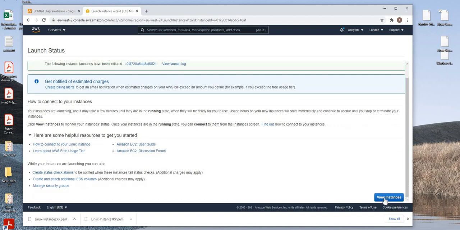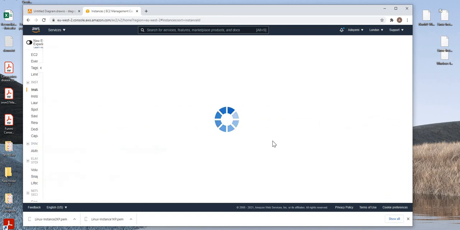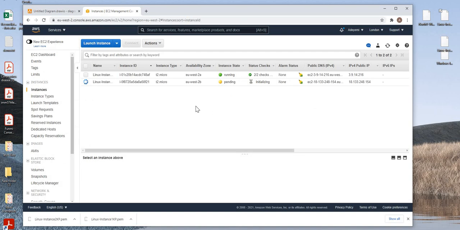And yes, let me view instances from here. And from here, we can start seeing what is available. So again, we need to wait for this to be initialized. This is not in running state yet. It's still initializing, but something we can see very quickly is that the availability zone is EU West 2B. So now that this is done,